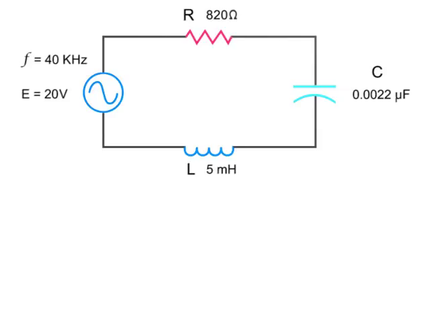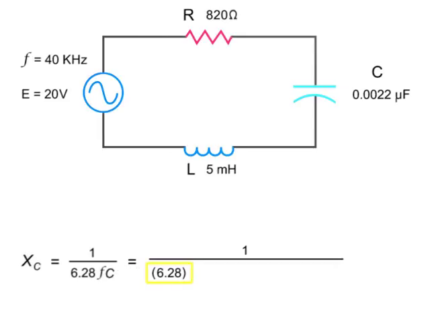To calculate the capacitive reactance in this series circuit, divide 1 by the product of 2 pi, the frequency, and the capacitance. So, substituting in the numbers, we have 1 divided by 6.28 times 40 kHz times 0.0022 microfarads, which equals